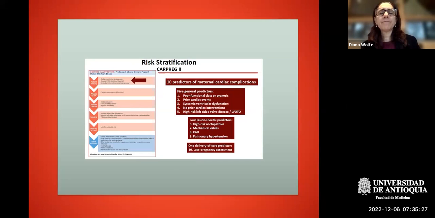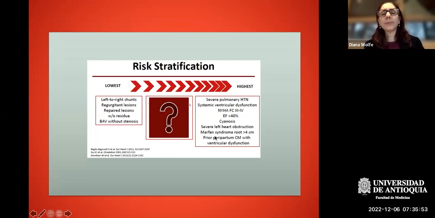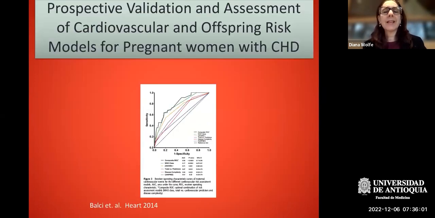Entonces, la diferencia entre CARPREG 1 y CARPREG 2 es que they added late pregnancy assessment, and they added 4 lesion-specific predictors: high-risk aortopathies, mechanical valves, pulmonary hypertension, and coronary artery disease. Entonces, yo muestro este slide un poco rápido, solamente para informar a ustedes que hay varias tools